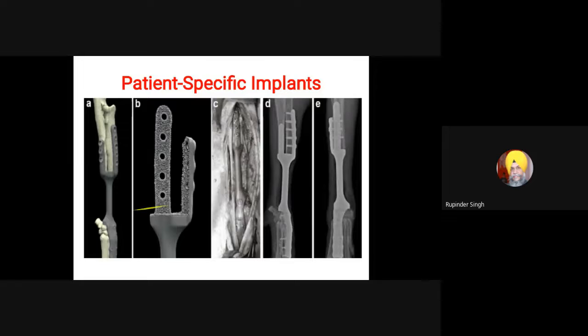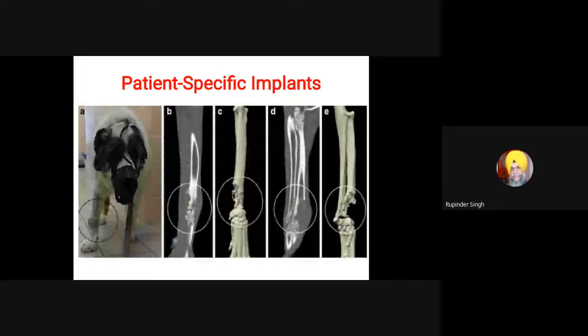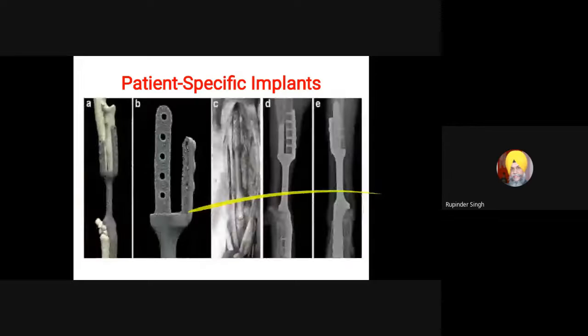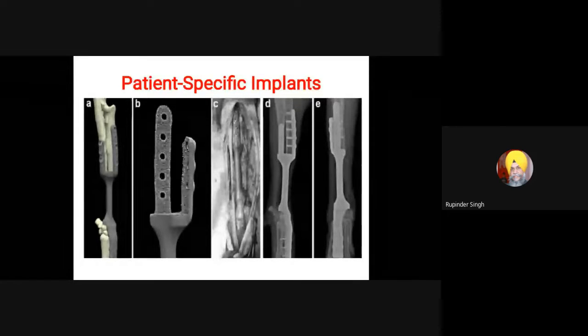So using these X-rays we can decide how much bone has to be sacrificed, how much bone needs to be removed. So based on it we can create, like in B, this implant which has been created and is fitting on the dog bone model. The bone model is printed in 3D, and this was found nice. Then this type of implant can be placed. C is showing the images during surgery.